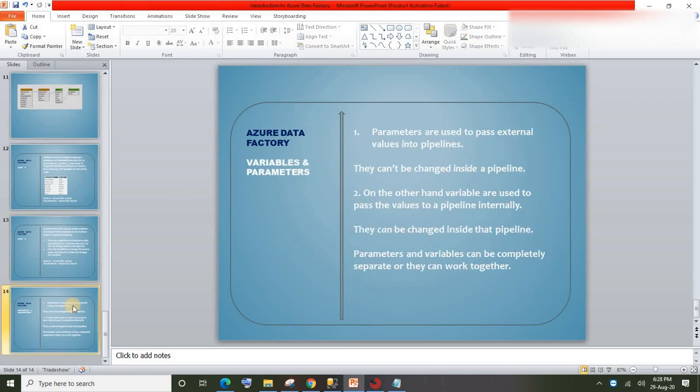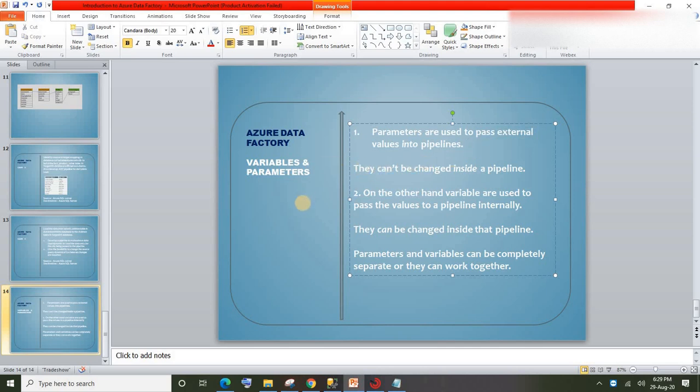If you want to make your pipeline dynamic or your data load dynamic, you need to use either variables or parameters. By using either parameters or variables, you can make the pipeline dynamic and also the data load dynamic. So what are variables and parameters? Variables and parameters are like carriers. They carry the value that we are giving, and the carried value will be passed to the pipeline during runtime. That's how parameters and variables work.